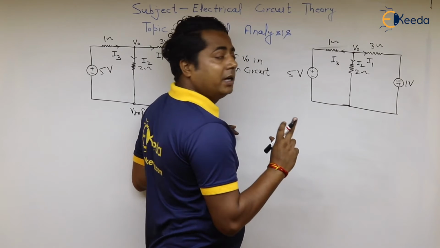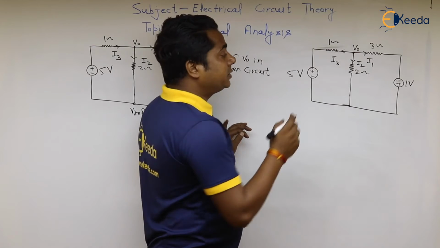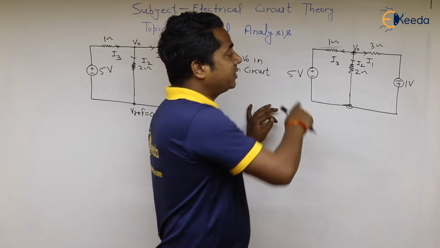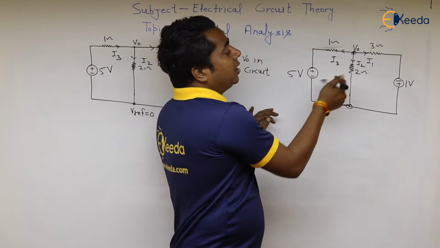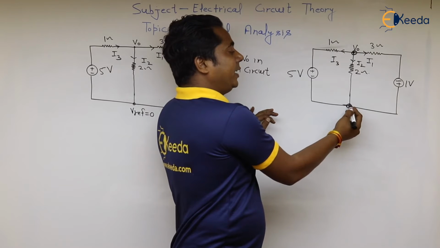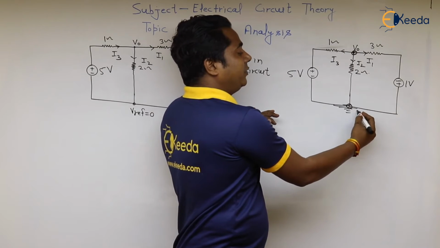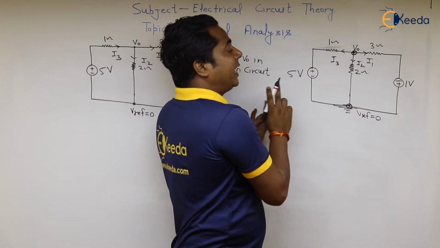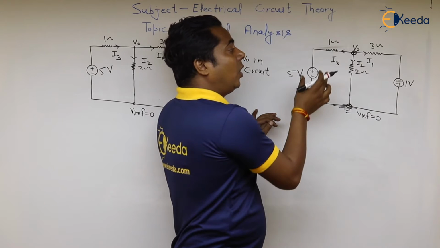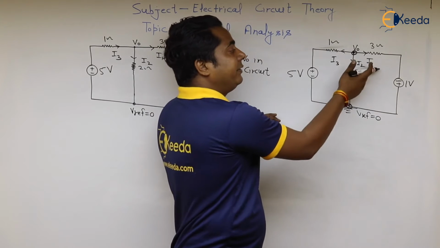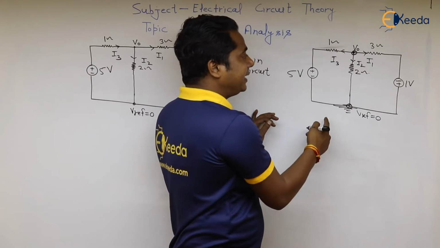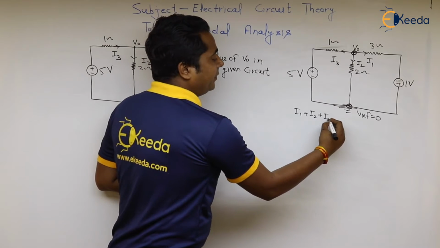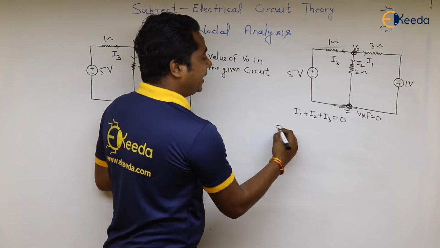First we have to calculate the number of principal nodes. So the total number of principal nodes is what? 2. Here I am just solving this one, after that I will solve the other. In this question we have two principal nodes and one principal node will be taken as the reference, V reference equal to 0. So this is V0, and I have taken all three current directions outward, I1, I2 and I3. So writing the KCL equation, I1 plus I2 plus I3 will be equal to 0,